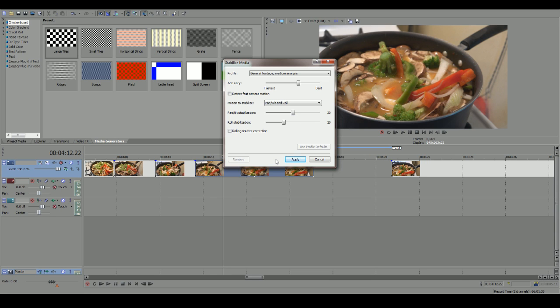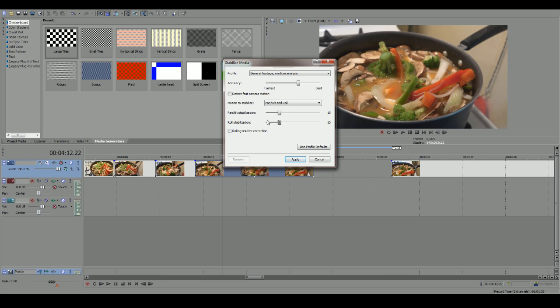So if we keep it at default, the screen is going to get closer because that's how it stabilizes. If we have it at high settings, it's going to get a lot closer. So if we're really close to a thing, like if the edges are already touching the screen and I don't want the edges to leave the screen, I'll drop the settings down way lower. I'll usually go down to like 15 and 10.